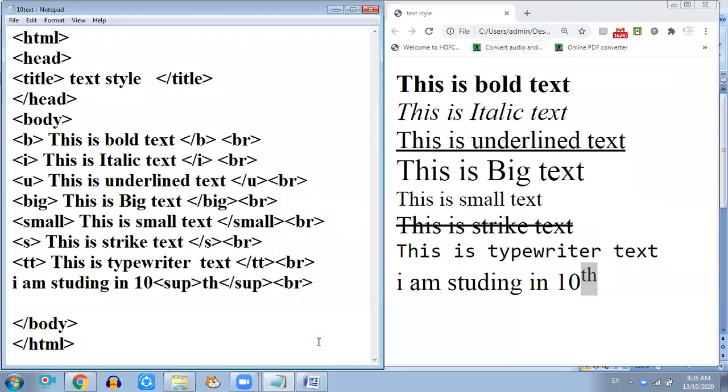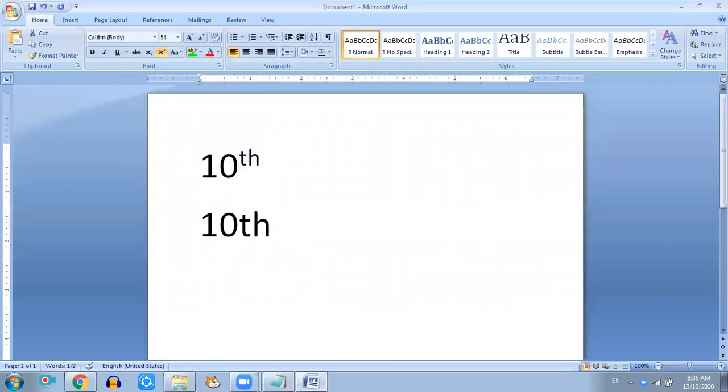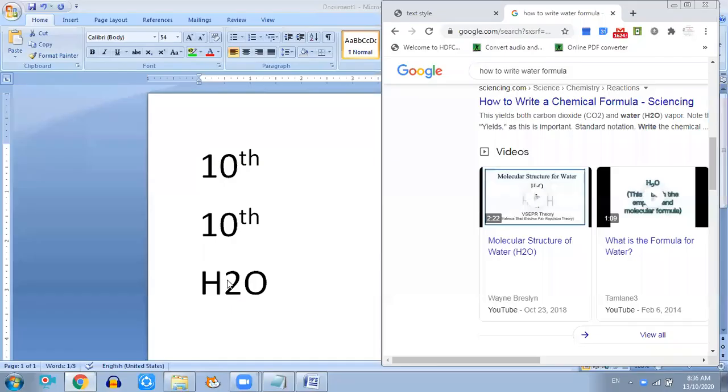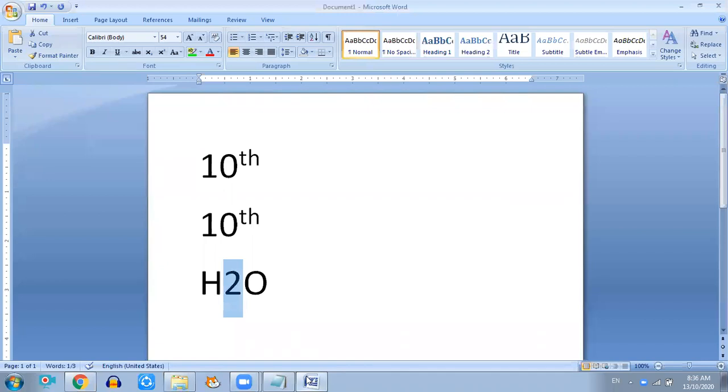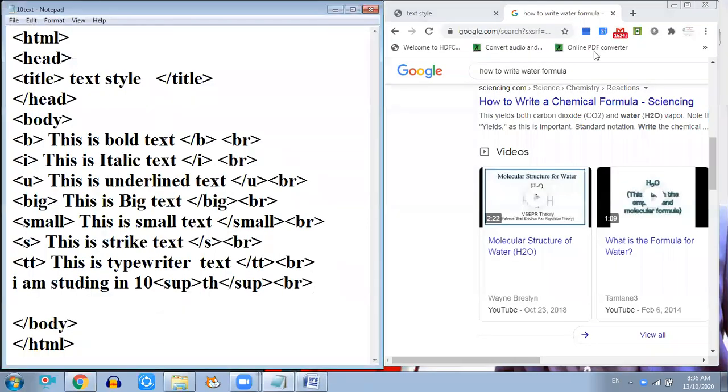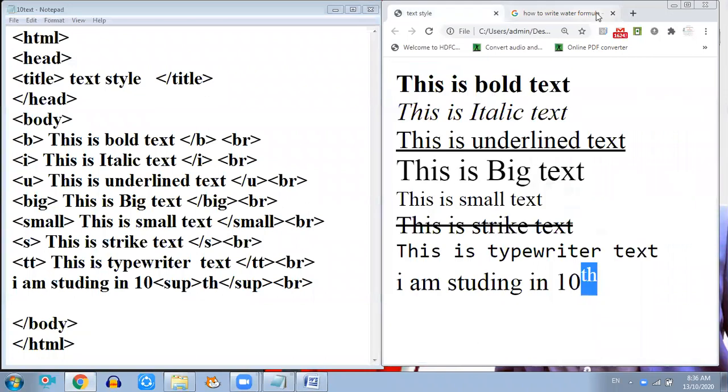So let's make one more example. For example, when we want to write H2O, how do we write this water formula? This 2 will be lowered down, right? So how can we get this lowered effect? Let's see, here we can type H2O, and then we are going to type here